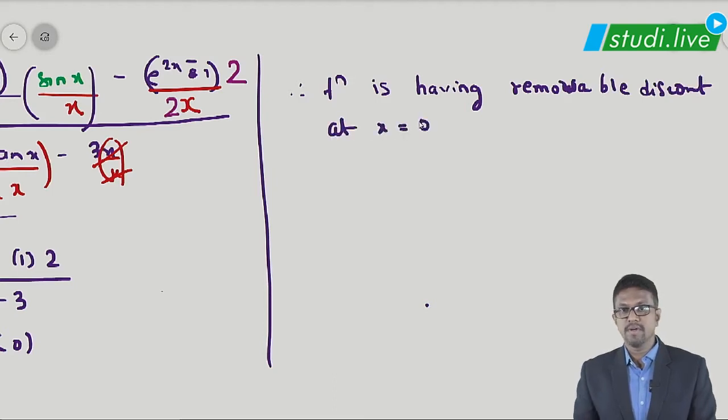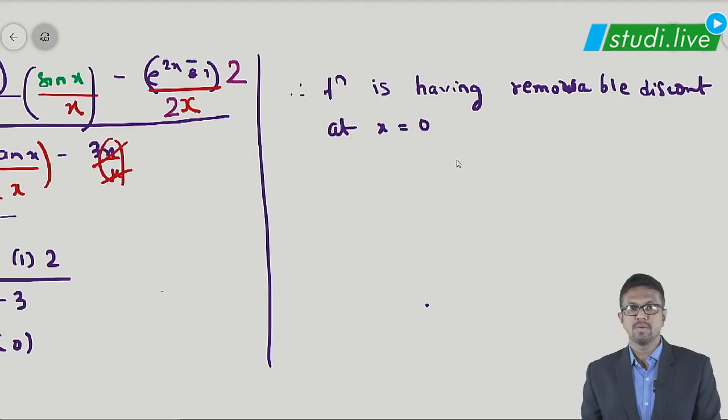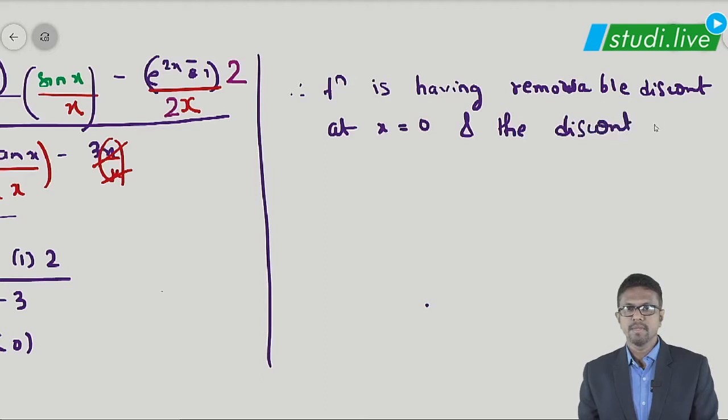So the function is definitely having removable discontinuity at x equal to 0, and the discontinuity can be removed by redefining the function